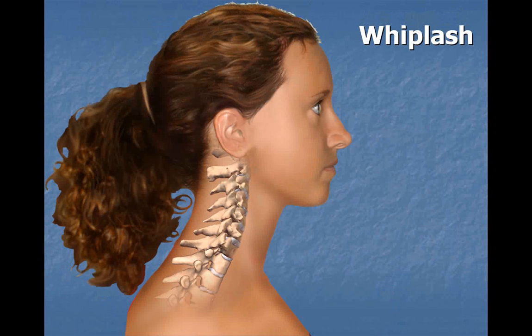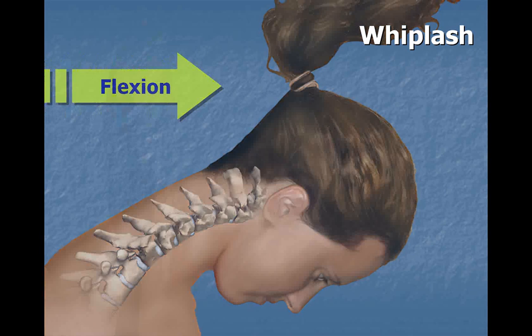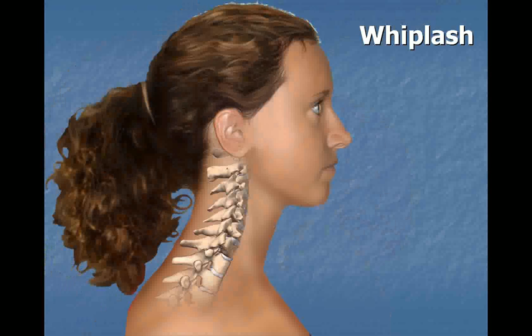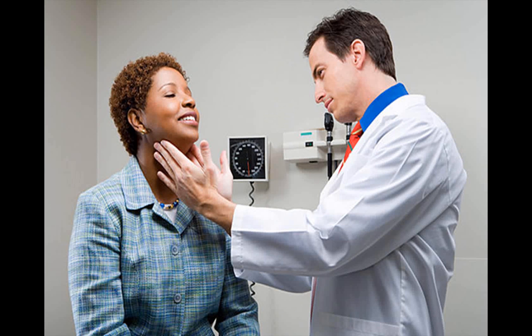Patients may also report a history of a previous whiplash injury to the neck. During a whiplash injury, the head and neck are forcefully put into flexion and extension. This type of injury causes swelling of the tissues surrounding the spine and can cause a misalignment of the facet joints. Facet syndrome is a common and underappreciated cause of both acute and chronic neck pain and is commonly seen